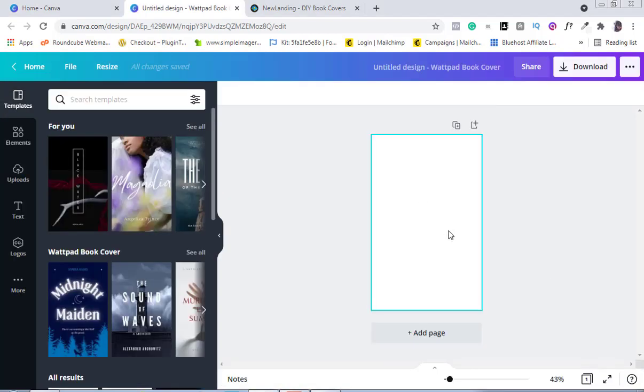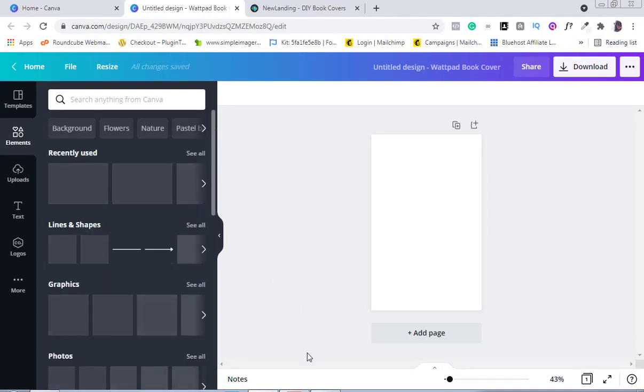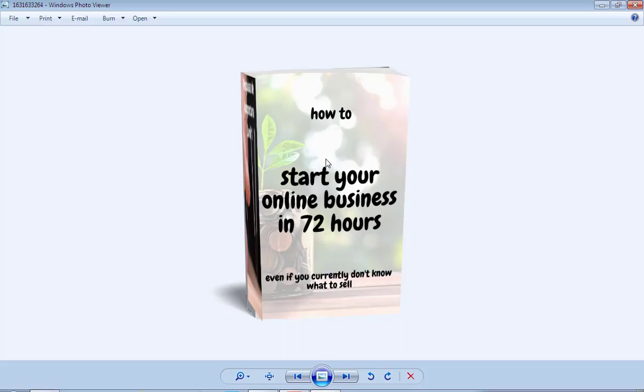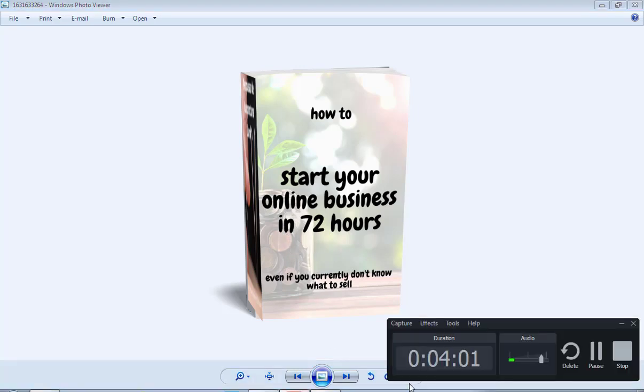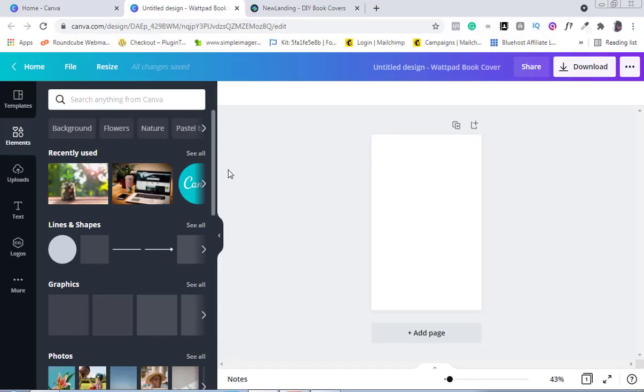Alright, so once it gives you this, you come to elements, click on elements. Because the ebook cover that I am trying to create has something to do with starting your online business in 72 hours, I'm going to be looking for an image that looks like money, that has a money description in it. So depending on what you want to do, you just look for an image that resonates with the kind of business or the kind of anything that your ebook is talking about. So for me, I'm going to come to elements and type in money here